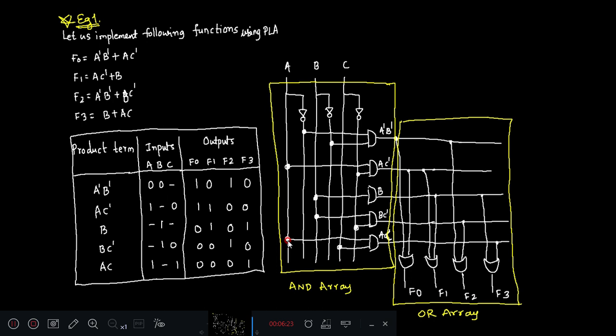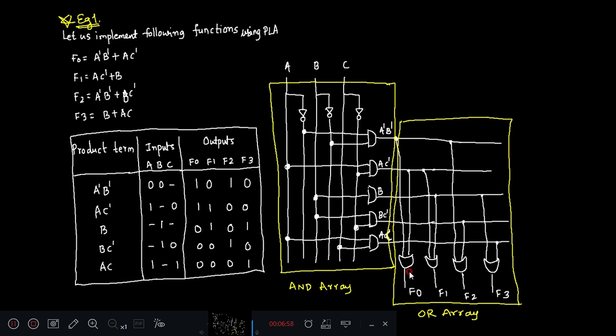One more alternative way of representation is also there. We'll see it in the next example. In this example, all these five product terms a dash, b dash, a c dash, b c dash and ac are realized using an AND array where inputs a, b, c are connected. Here there are three inputs. And then the OR array, where these product term lines are extended as word lines. Now here four functions are there. So four OR gates we have shown, f0, f1, f2, f3. For each gate we have shown connections.